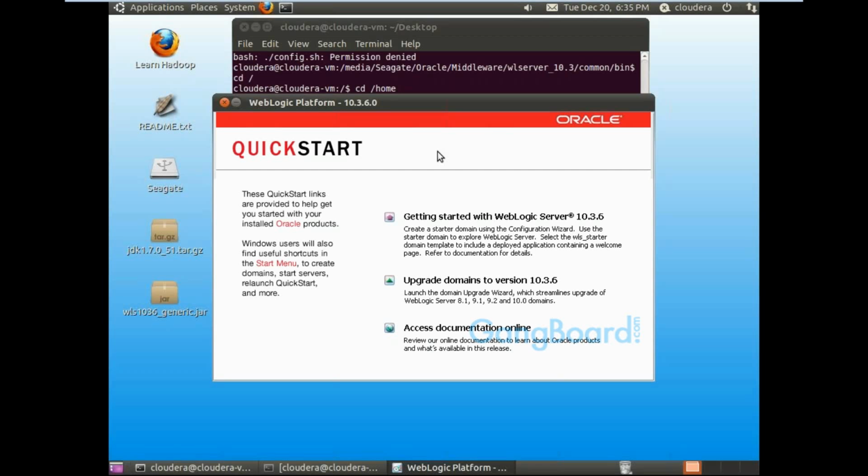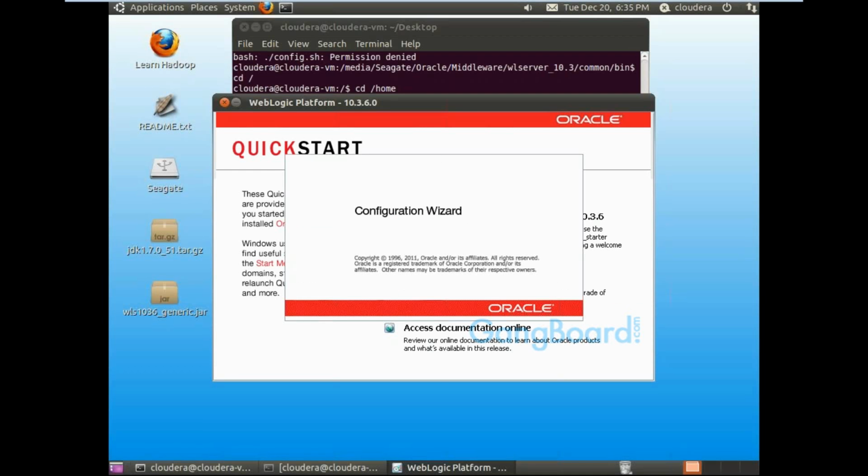After that, we use the run quick start button, or else there is a second method. We go into the WebLogic common bin, then run ./config.sh, and the same screen will appear in front of us. If I want to upgrade the WebLogic version, I will upgrade it from here. Otherwise, for getting started with WebLogic server, I will use this option.